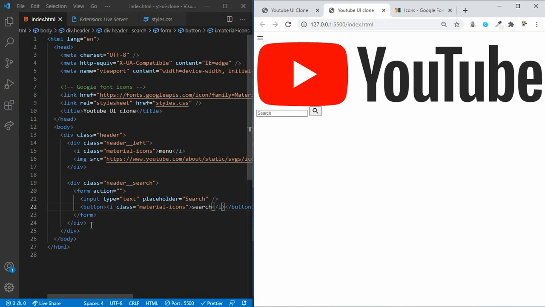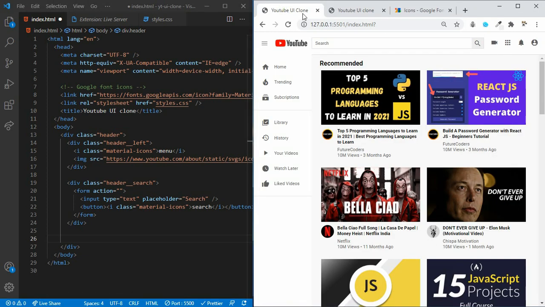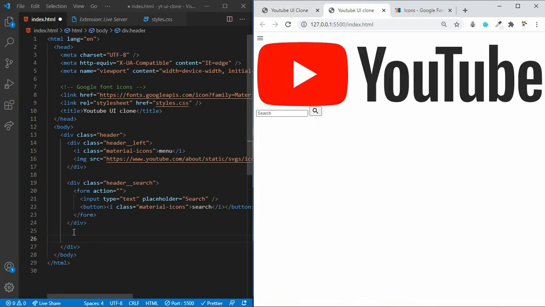So next part is going to be the third division of the header section, which is going to contain all those icons. So let's define those. Let's make a div with the class name of header icons, since it is going to contain all the icons.